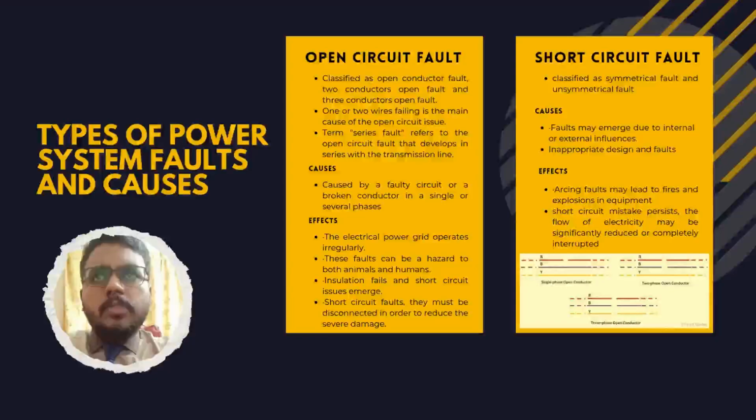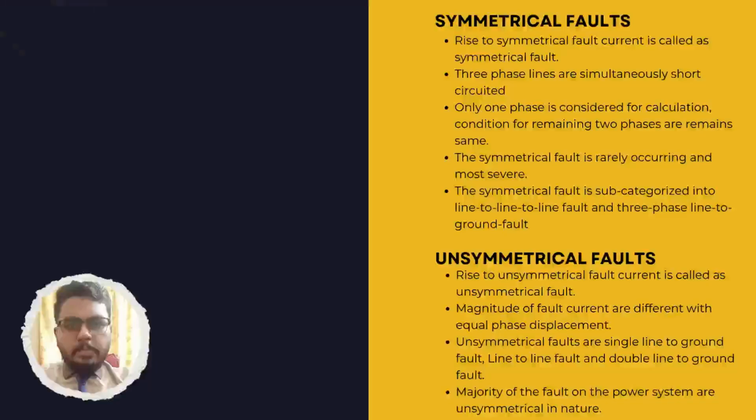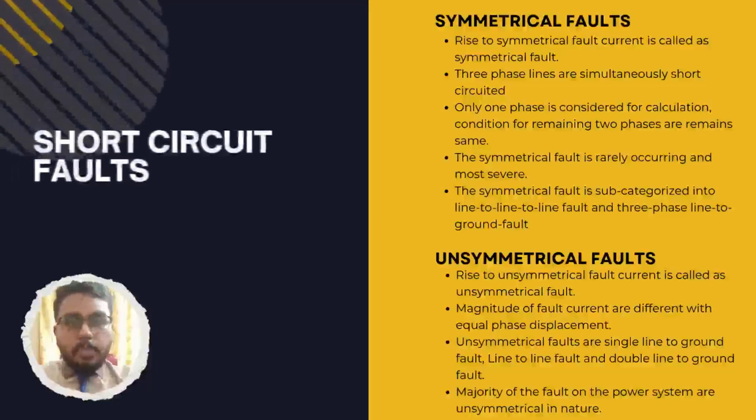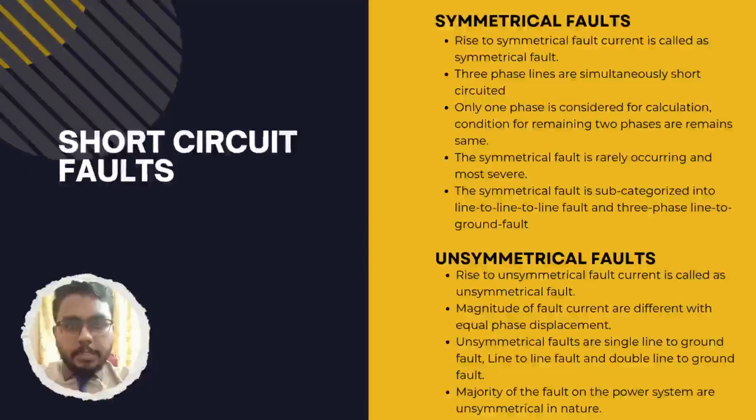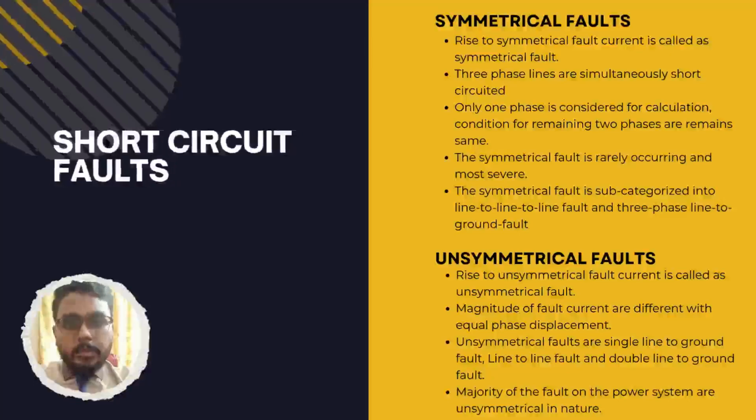The consequences of the fault can be arcing faults, which may lead to fires and explosions in equipment such as transformers and circuit breakers. If the short circuit persists, the flow of electricity may be significantly reduced or the equipment completely damaged. As presented before, short circuit faults can be classified as symmetrical faults and unsymmetrical faults, and the first one